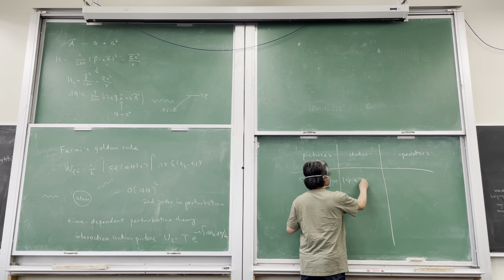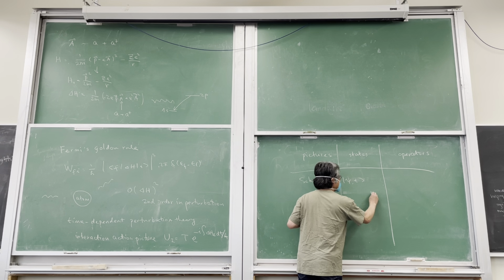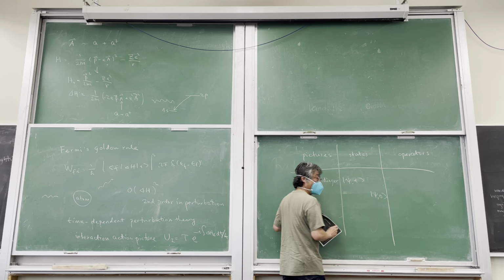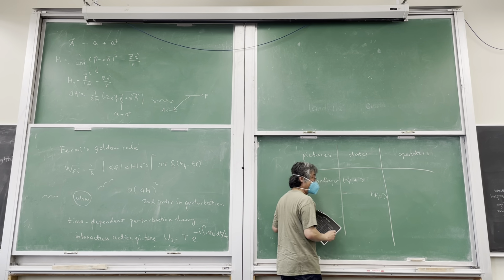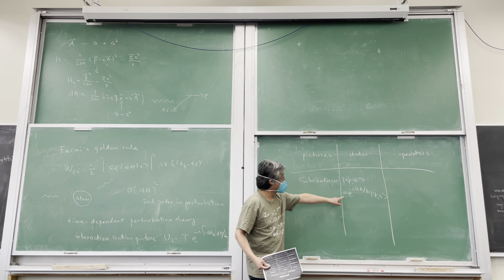So if you have a cat at time t, this is evolved from the same cat at time 0